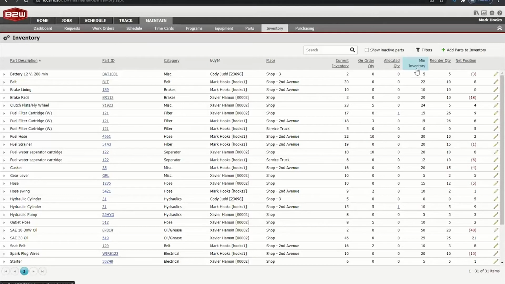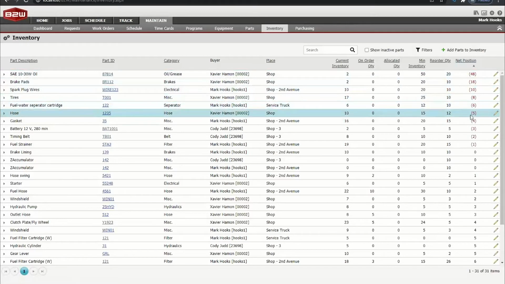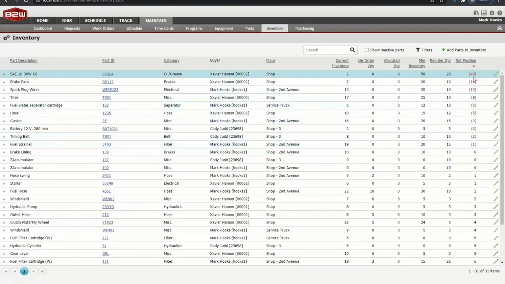You have your minimums for each of those locations. You can even put in your reorder quantity. But these numbers here are all leading over to what we call a net position. As long as that net position is above 0, you have enough parts at that location to manage your day. And you can even sort by each of the columns. So if I click the button here, I can see which locations and which parts I need to start